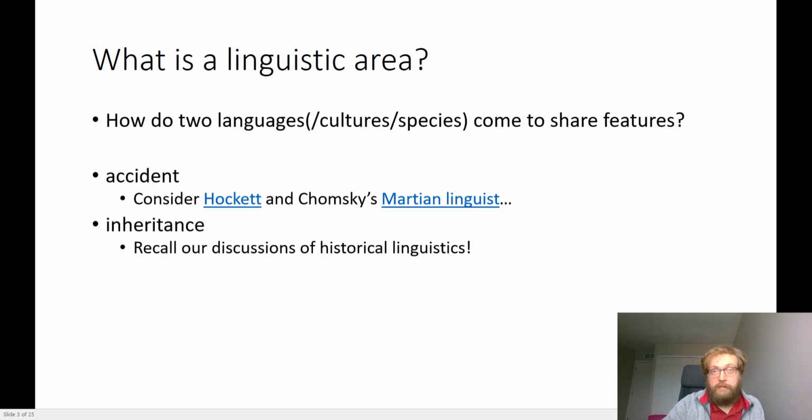It's also the case that a language could share a feature with another language because they're in fact related languages, so they've actually just inherited that feature from a common ancestor. However, it's also the case that sometimes things just spread. And so often, speakers, when they're in contact with one another, will borrow words from one another.